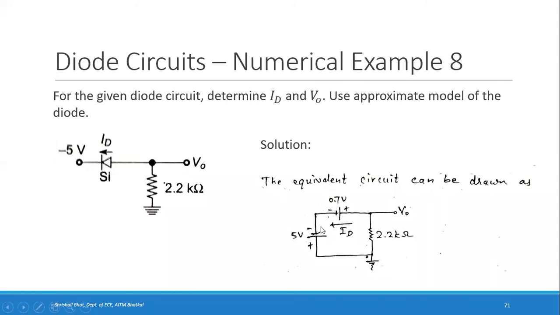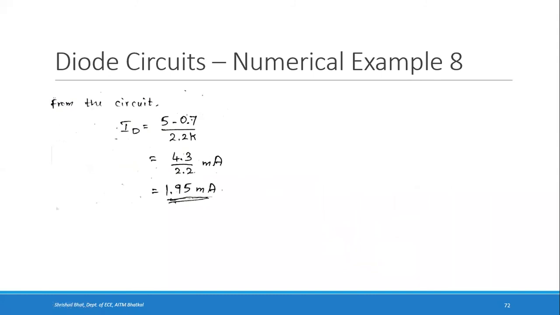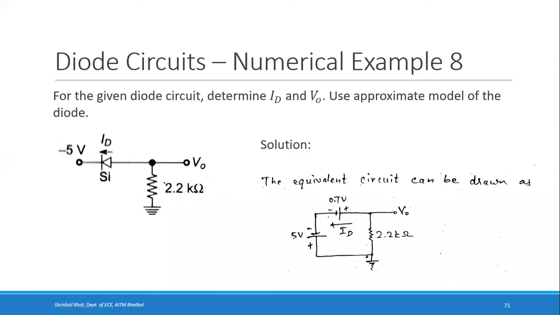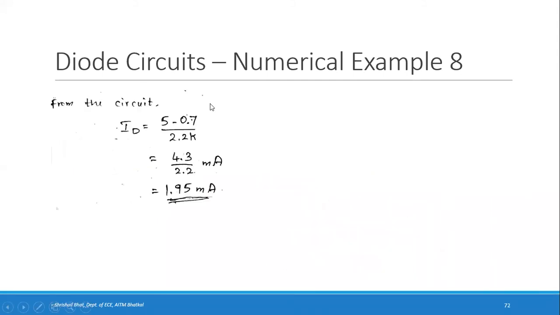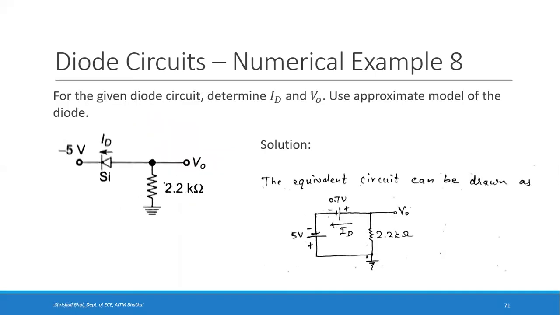Once the diode is forward biased, you can find the value of ID, or the current through the diode. What will that be equal to? Applied voltage minus 0.7 divided by 2.2k, right? From the circuit, you can write ID is 5 minus 0.7 divided by 2.2k. If you substitute and simplify, 5 minus 0.7 is 4.3 divided by 2.2k. If I take k, 10 raised to 3, to the numerator, it will be 10 raised to minus 3, so it will be milliamps. So this value will be 1.95 milliamps. So the diode current will be 1.95 milliamps.